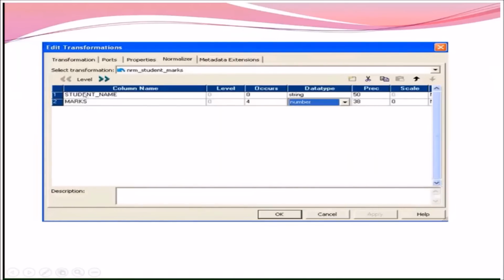Normally for every other transformation we can just drag and drop the ports, but here you need to manually create the ports for the normalizer transformation, because we are going to give the occurrences here. If you see here, I have created two ports, student name and another one is marks. For student in the target table we need only one occurrence, but for marks only we are going